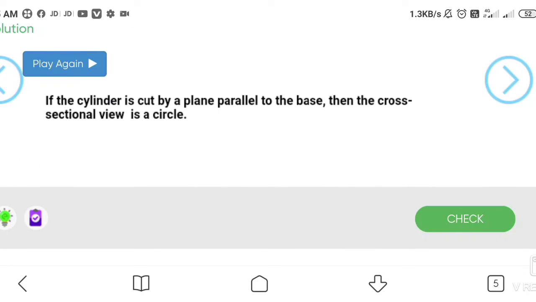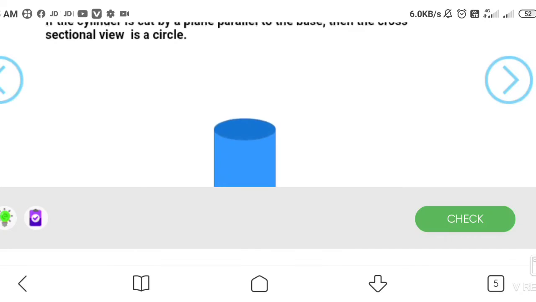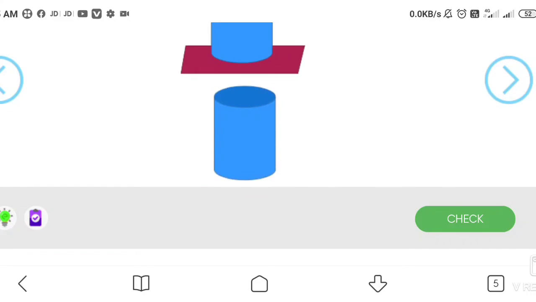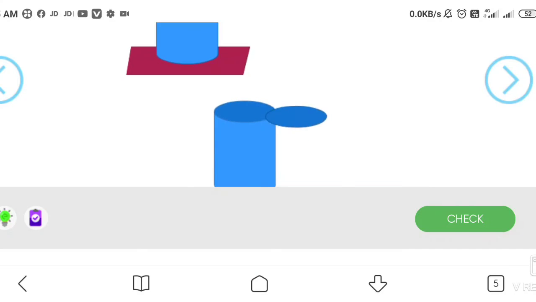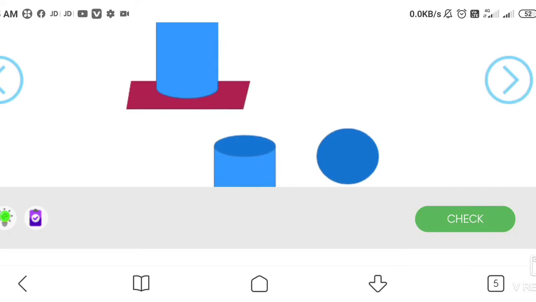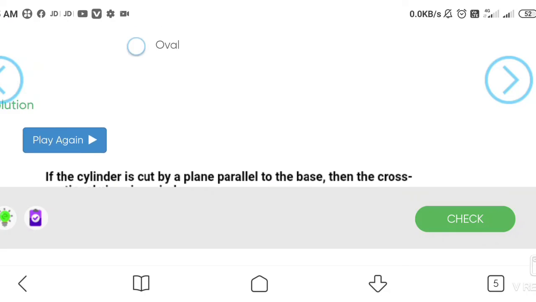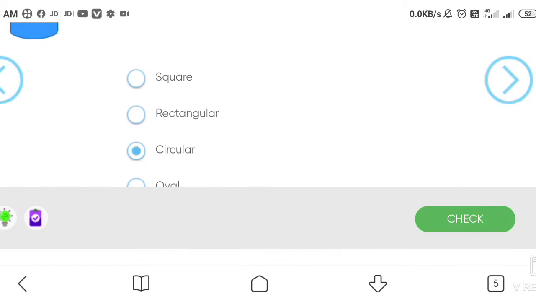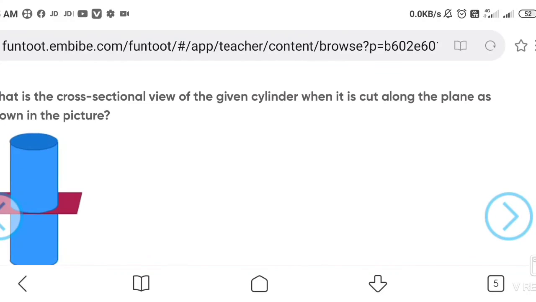If the cylinder is cut by a plane parallel to the base, then the cross sectional view is a circle. Then you can see this part. Yes, so it is a circle. Understand how to find the cross sectional view? So our answer is circular. Okay, understand this?